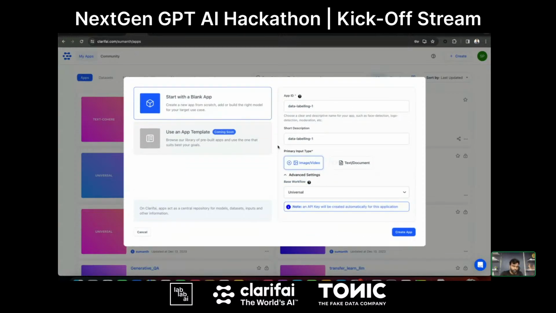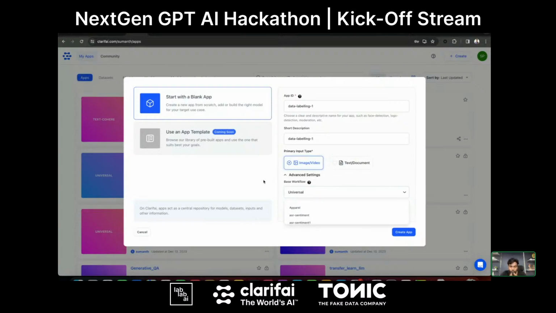But maybe in the future, if you need to train your own models, for example, if you want to fine tune an image classifier, or fine tune a Llama 2 or maybe an LLM for your own use case, in that case, based on your input data, if you're using image data, you can select the image input. Or if you're trying to fine tune LLMs, you can use the text input. So that's how you can select the input type.